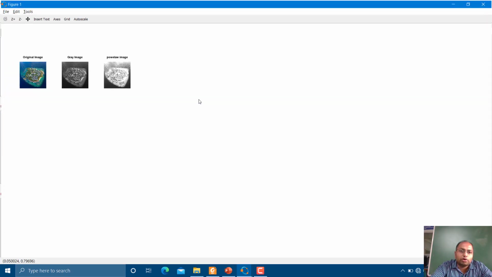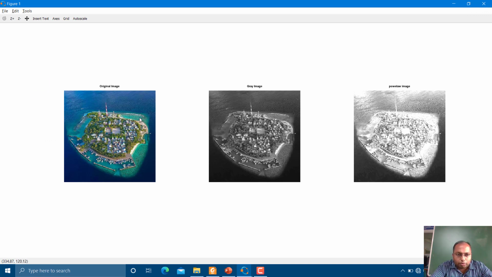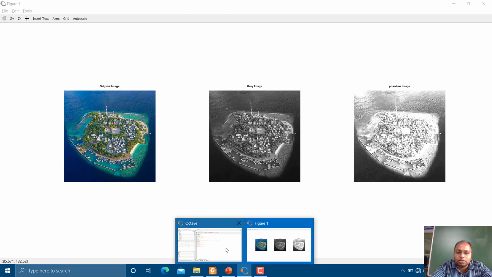This is the output of our power law transformation program. This is your input image, the gray level image, and the power law transformed image. As compared to our log transformed image, where the pixel information was not clearly visible and was just converted into brighter pixels, this gives you more information related to that particular scene. Over here there is a light. Because of this power law transformation, we have got more meaningful information. Is that fine?